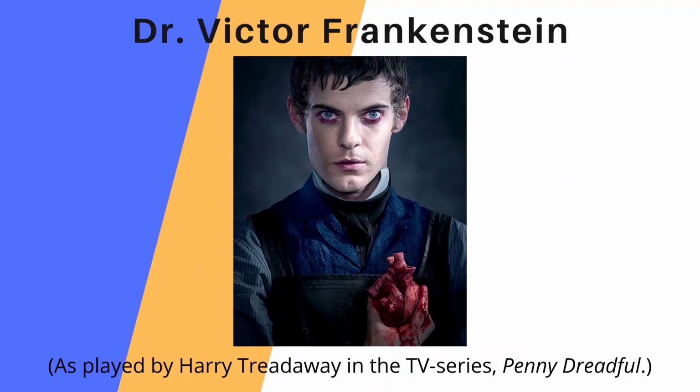Our first example is Dr. Victor Frankenstein. Dr. Frankenstein is a scientific genius, and he's innovative. He becomes the first person to create life outside the womb, for heaven's sakes. Yet Victor is also ashamed of his creature, and he rejects it outright. His shame is his flaw, and his flaw impacts the plot because when the creature returns, it does so with tragic consequences for Victor, as it murders his brother and his fiancée.